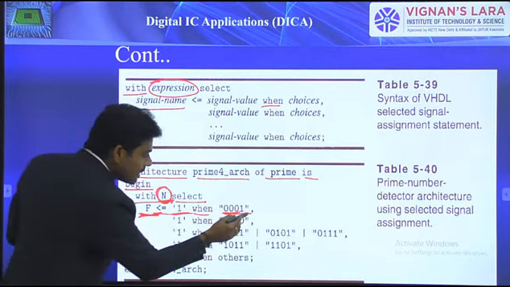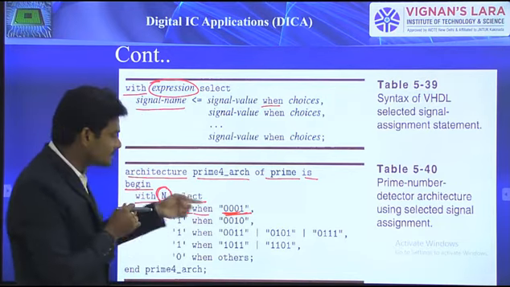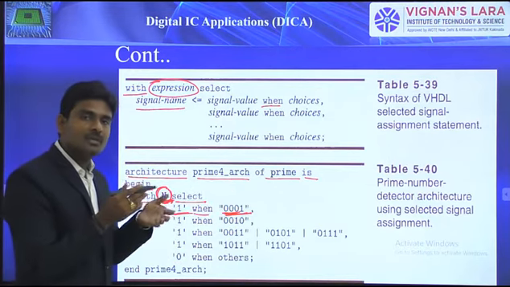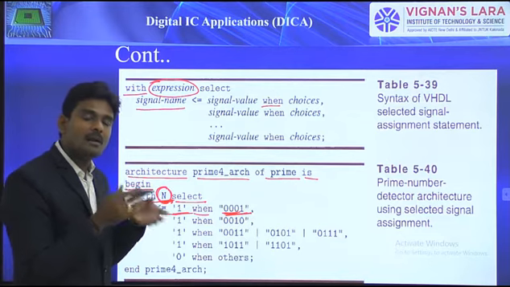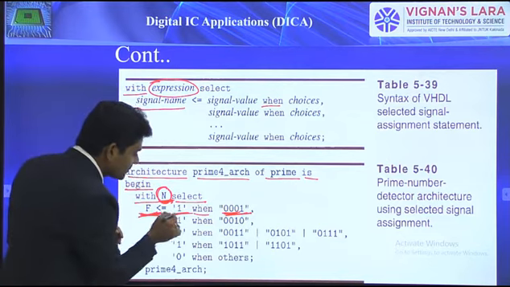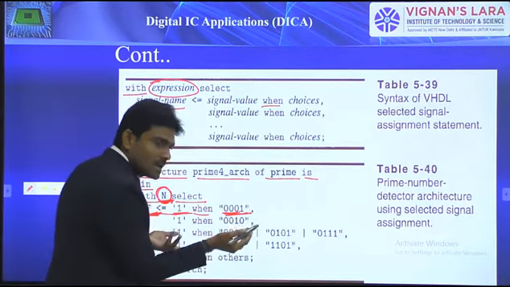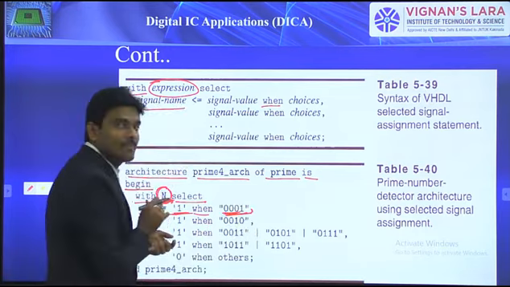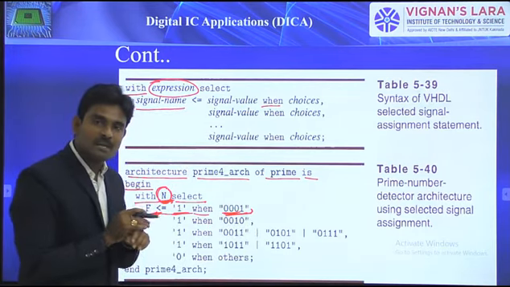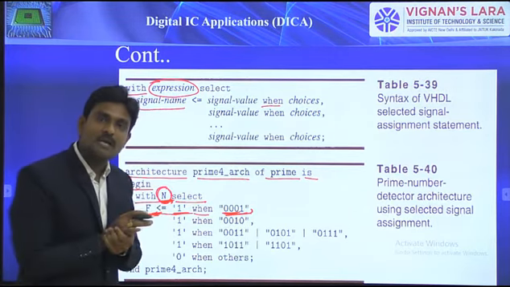Because of that, whenever this particular choice occurs at the input side, if I applied n as 0, 0, 0, 1, that means n3 is 0, n2 is 0, n1 is 0, and n of 0 is 1, then output f must be equal to 1. In the same way, this is not the last choice, because of that I mentioned a comma. For the last choice only you are supposed to mention the semicolon. For all remaining, you are supposed to put the comma itself.